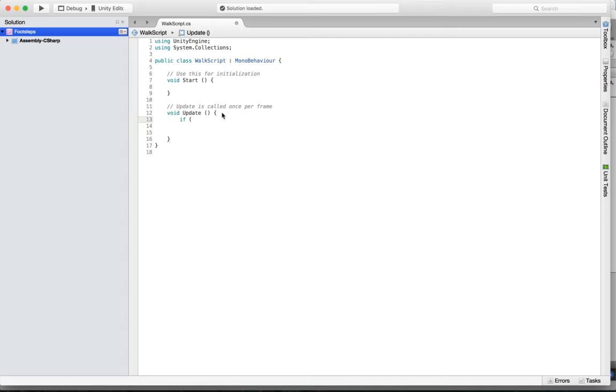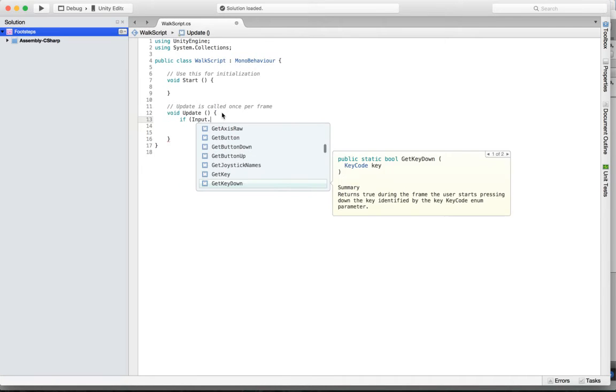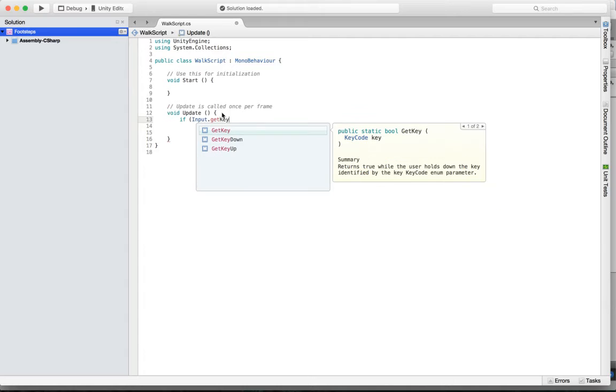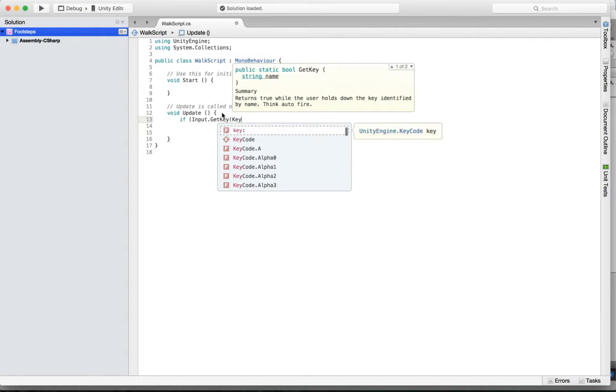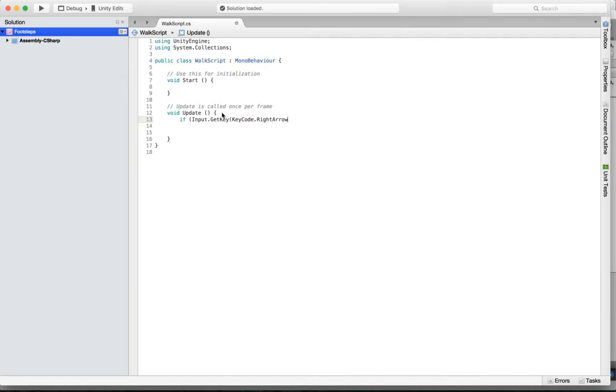I'm not going to make him move left and right and up and down and jump and all that sort of stuff, because really all I want to do is show you how it works when, if he's walking to the right, we're going to play the footstep sounds, and if he's not walking at all, we're not going to play anything. And that's the idea. So if Input.GetKey of KeyCode.RightArrow, so if the right arrow is down, then we're going to move right,